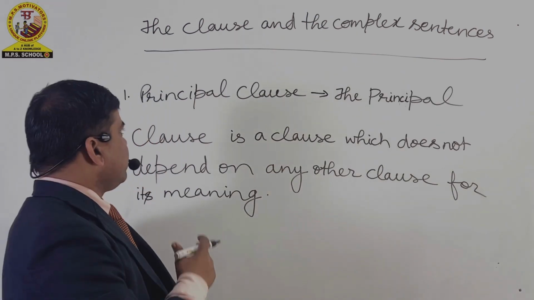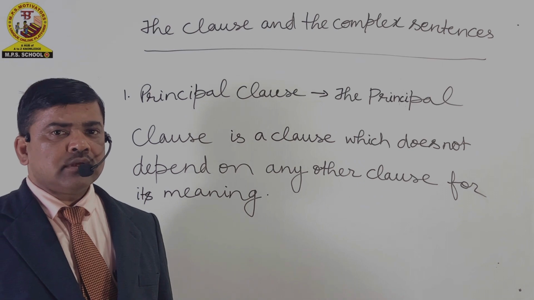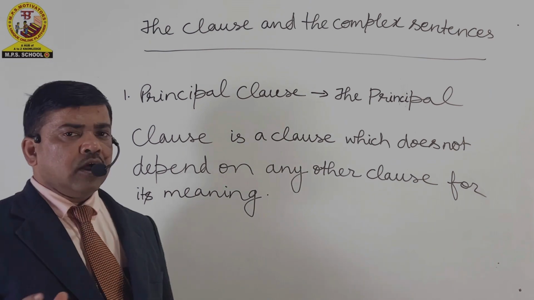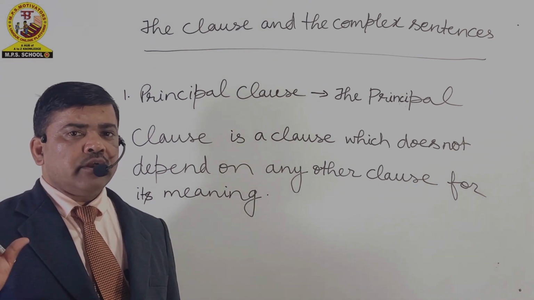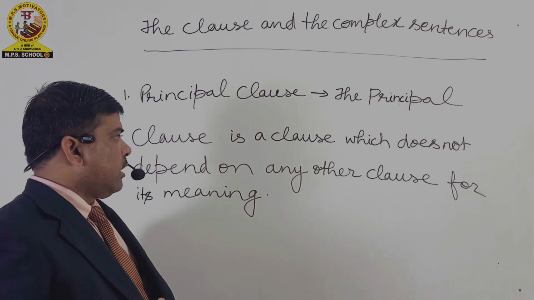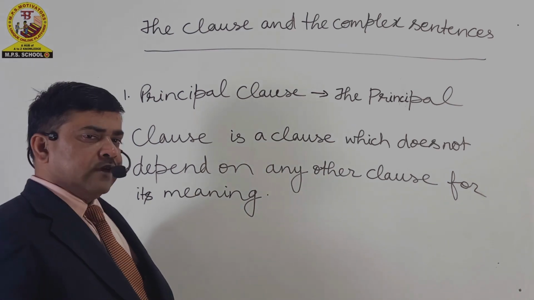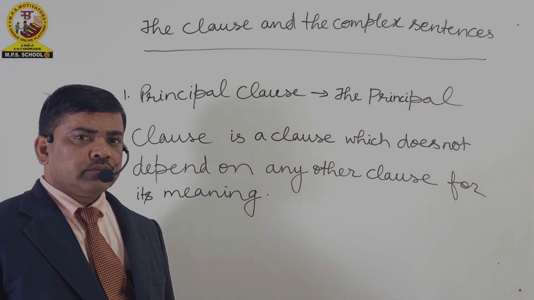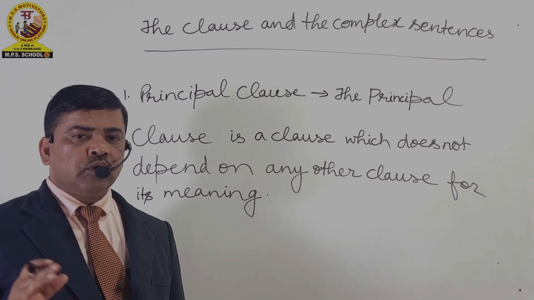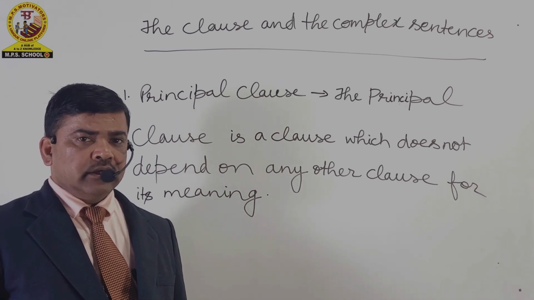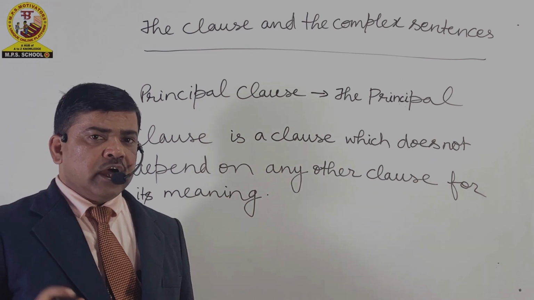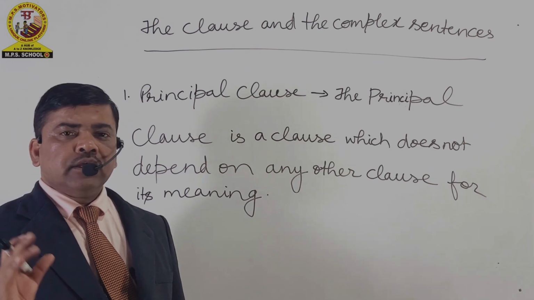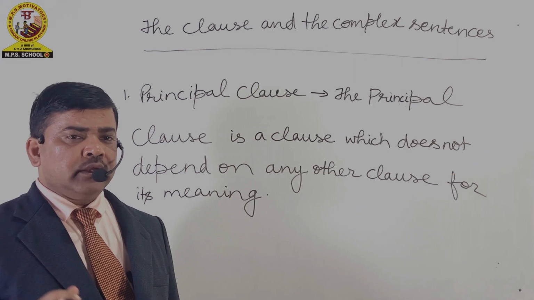Friends, as the definition of principal clause I have written on the board. The principal clause is a clause which does not depend on any other clause used in a sentence for its meaning. मतलब वाक्य में प्रयुक्त किसी भी दूसरे क्लॉज पर जो क्लॉज निर्भर ना करे अपने अर्थ के पूर्णता के लिए, अपने अर्थ के लिए जो क्लॉज दूसरे क्लॉज पर निर्भर ना करे उसे हम लोग प्रिंसिपल क्लॉज कहते हैं।